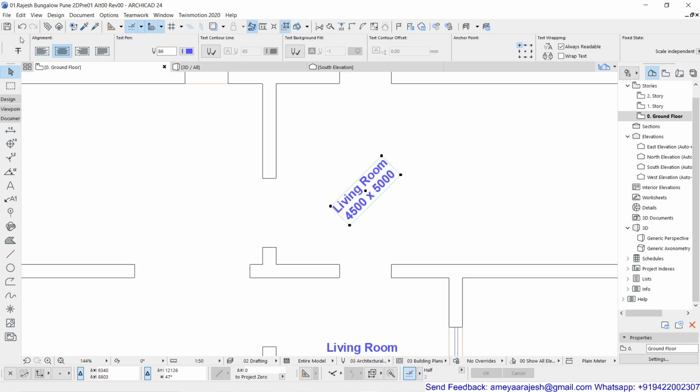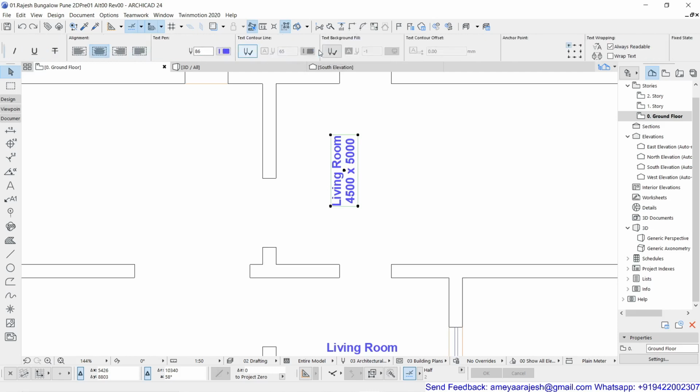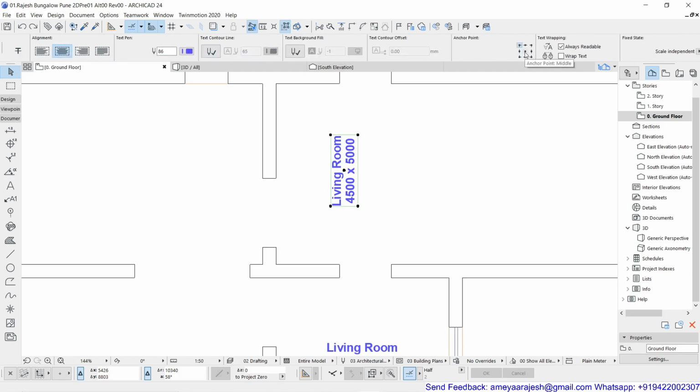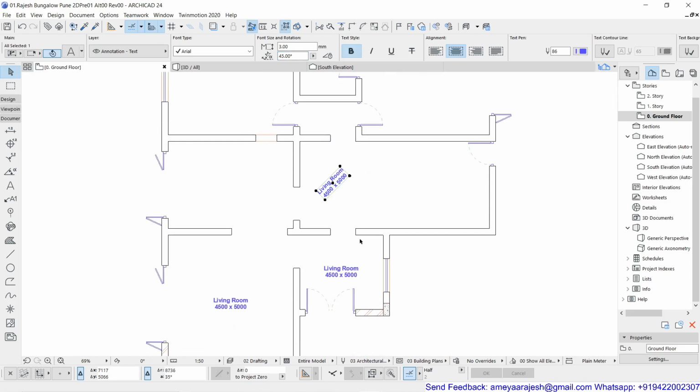Now I'll undo one step back, so you will realize what I'm going to do and what the end product will be. I have done undo, and here my text comes back to normal, at 90 degrees for its orientation. This time I'll take the center point as an anchor point. Now I'm going to change this value from 90 to 45. So you will see the difference. Got the meaning? I hope now you have understood how to rotate the text.